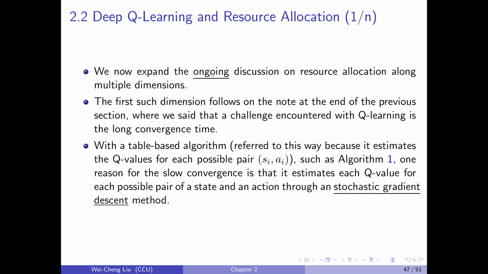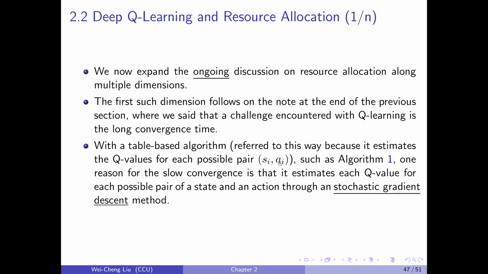We now expand the ongoing discussion on resource allocation along multiple dimensions. The first such dimension follows on the note at the end of the previous section, where we said that a challenge encountered with Q-learning is the long convergence time. With a table-based algorithm, referred to this way because it estimates the Q values for each possible pair